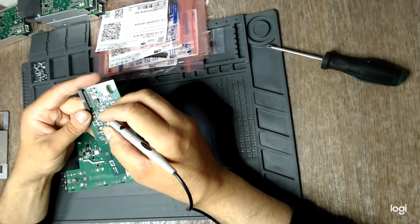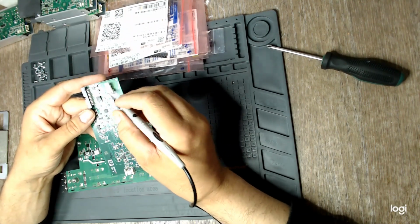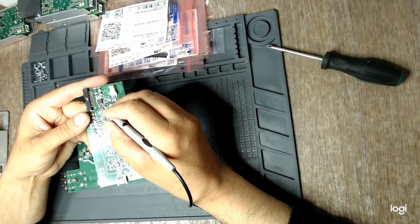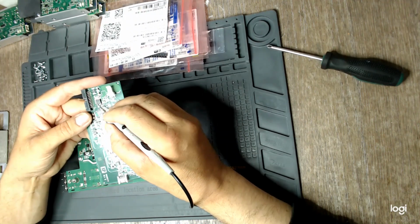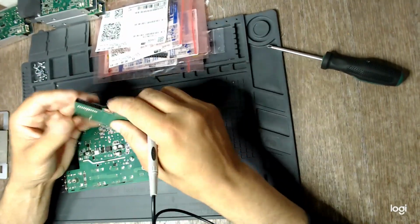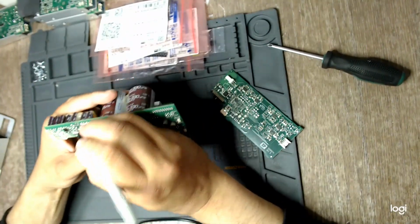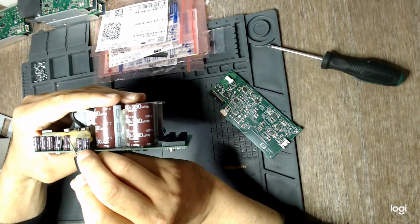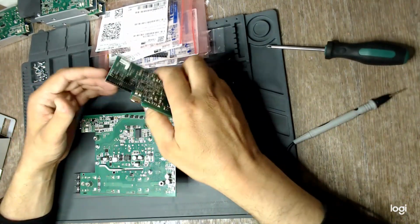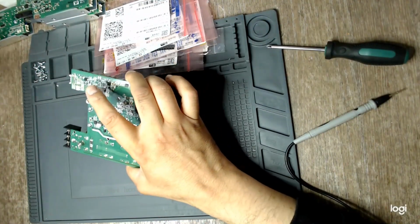So I had a look around on the board, and as I have shown, the plus side on the fan connector is in series with this MOSFET, and the source of the MOSFET connects with this pin, and I have traced it back to this capacitor. So this tells me that the fan draws its power from the flyback auxiliary supply, and maybe, just maybe,